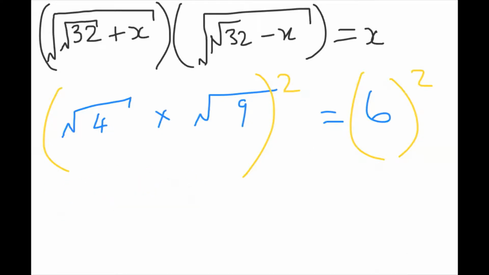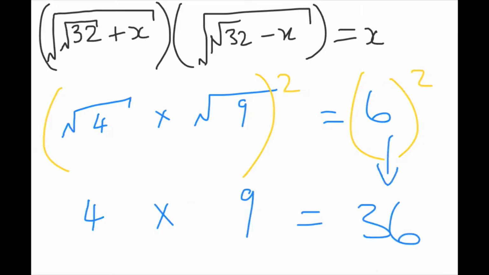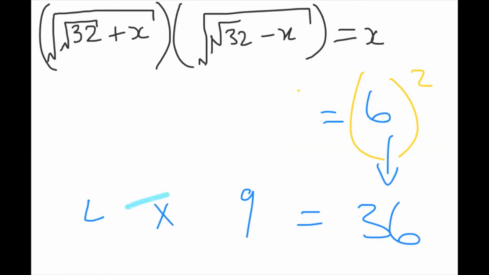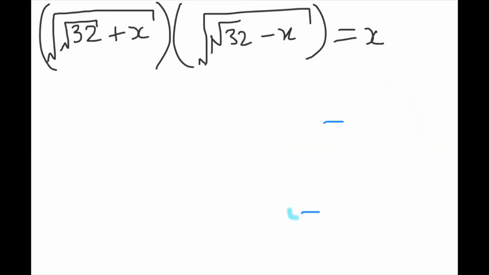So if I would have said square root 4 times square root 4, that would give me 4. Square root 9 times square root 9 gives me 9. That answer is 36 and is indeed the same as 6 squared. So that is what I'm trying. So let's just use that principle of square root. So what I'm going to say here, to get rid of this